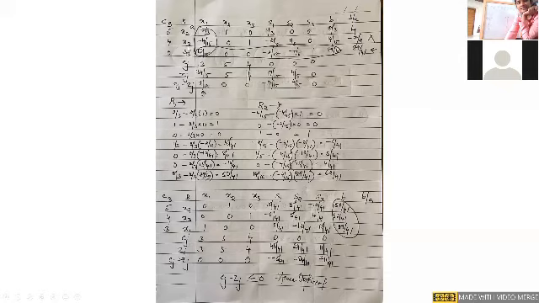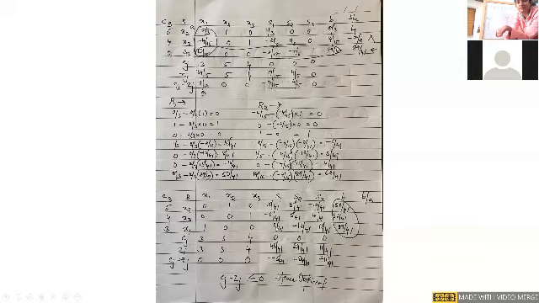Now you can see S3 will be replaced with X1 in the new values. S3 will be replaced with X1. So this 41 by 15 is the key element. So divide the key row with the key element in order to find out the new row. So now 41 by 15 divided by 41 by 15 is 1. 0 by 41 by 15 is 0. 0 by 41 by 15 is 0.